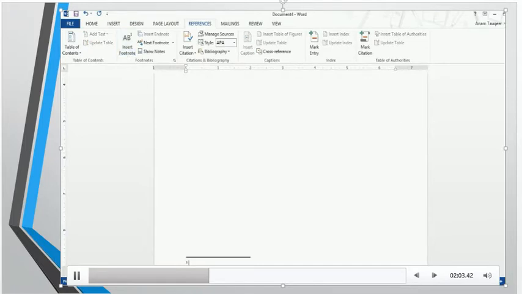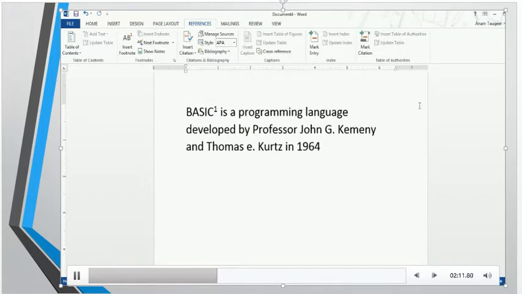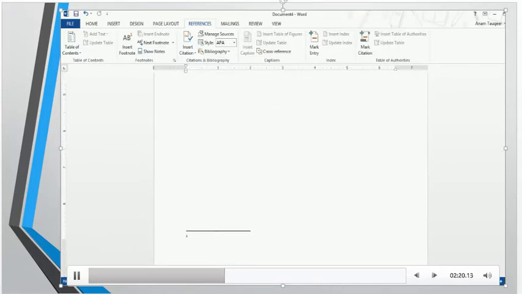As I have clicked on the footnote, it will provide a 1 at the bottom of the page, and in the same manner the 1 is written over here, so it is considered as a footnote because the explanation of the basic is going to be provided at the end. Now I will write the full form of basic. I will write over here basic